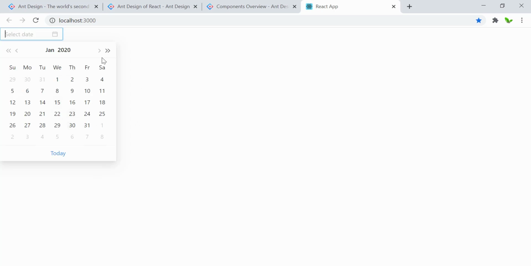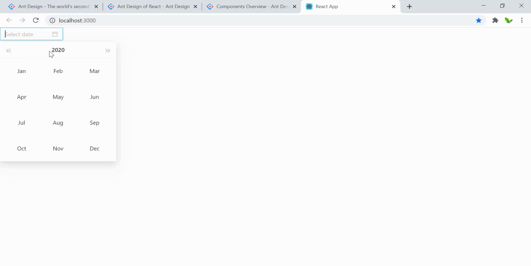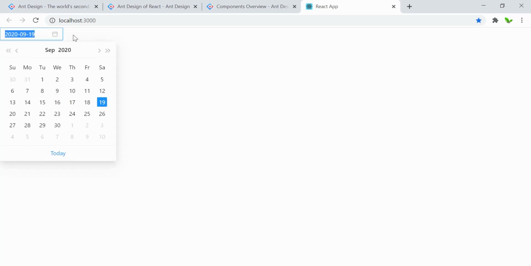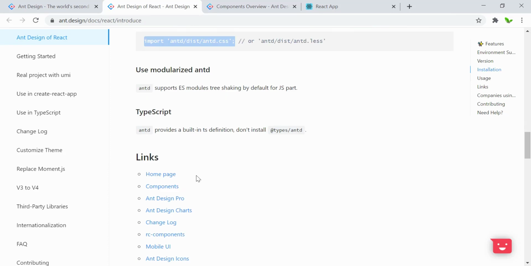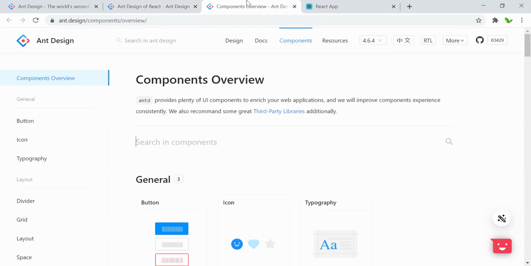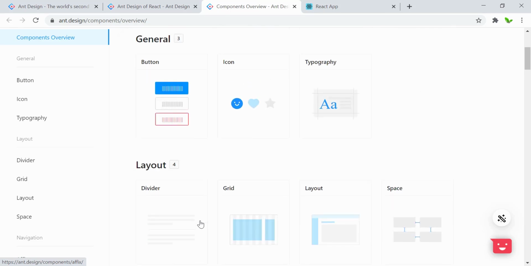When I click on, say, today, which is September 19, here you can see that this is what it's showing, and I can also click on this to remove it as well. So this is just one component. Now let me show you what else. Probably right here, looking for the